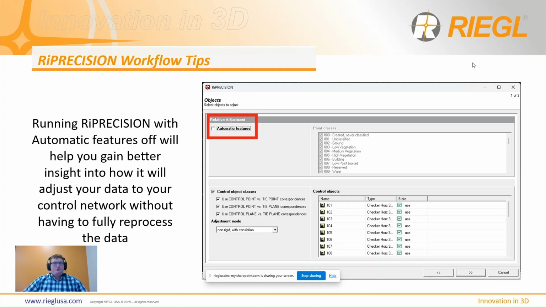Next up, I would like to do a quick review on a quick tip when running RiPROCESS. As many of you may know, if you have a large data set, RiPROCESS can take quite a bit of time to run, and it can be frustrating if you run RiPROCESS and do not receive the results that you wish. There is a really handy feature in the software that allows you to see adjustments that RiPROCESS would like to make without ever running RiPROCESS, so that you can either accept or reject those and go back and resample your control. This is simply done by turning off automatic features when running RiPROCESS and changing the point cloud adjustment